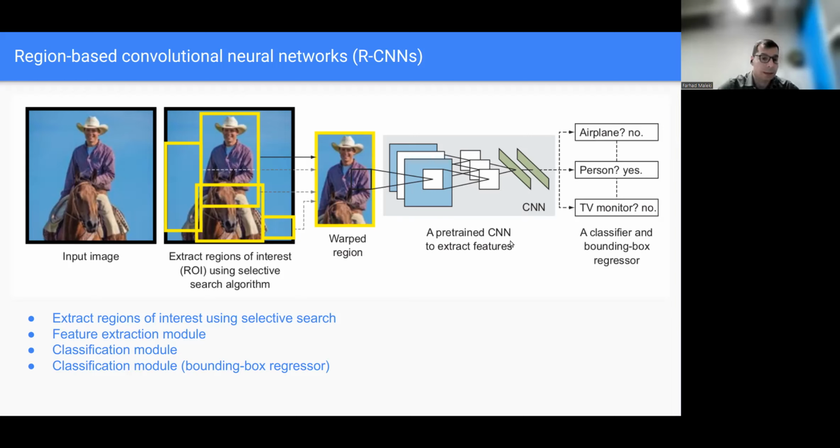If we make it just a single time, that would be a huge boost. We pass the whole image through a feature extractor and then extract these values, because each bounding box gives me some value.